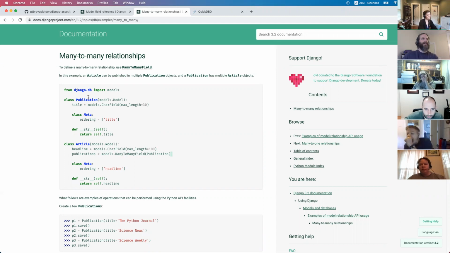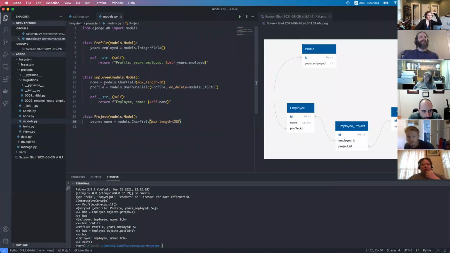Yeah, so we have a publication class up here, and then the article, we want to have a many to many relationship between publications and articles. So within article, we give it a field called publications, usually a plural of the class that you want to connect. So in our case, we want to connect employee, so it'd be employees equals